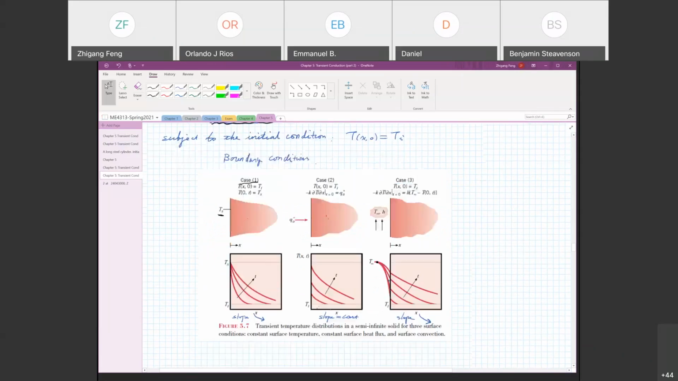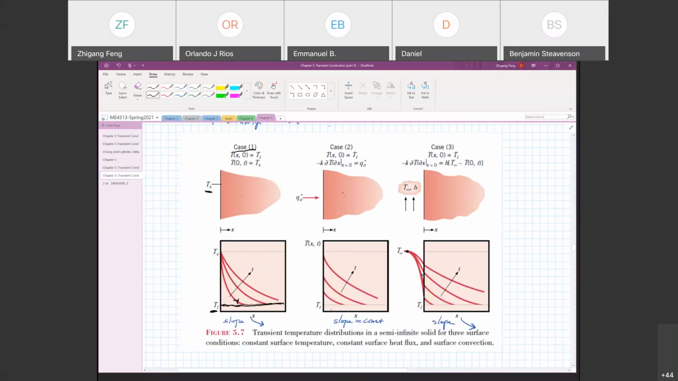And for the constant temperature boundary condition, let's say we start at t equal to 0, we have the initial temperature T sub i. So that's it. Everywhere inside the solid, the temperature is T sub i. Okay, so that's corresponding to t equal to 0. As t increases, the temperature gradually increases. Okay, so we will have this profile, and you will see the slope